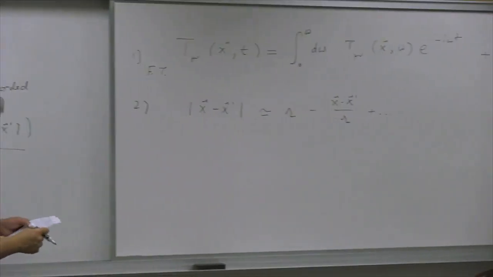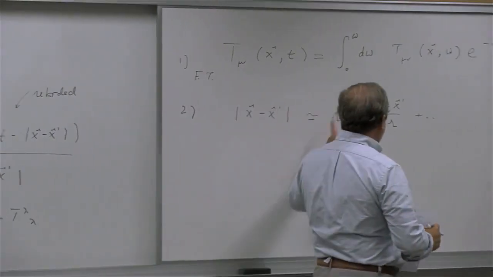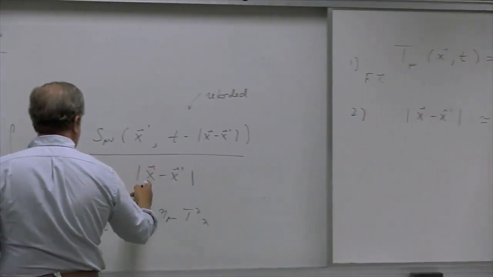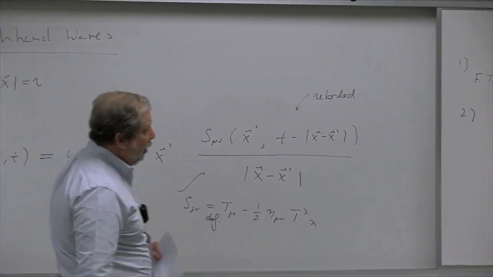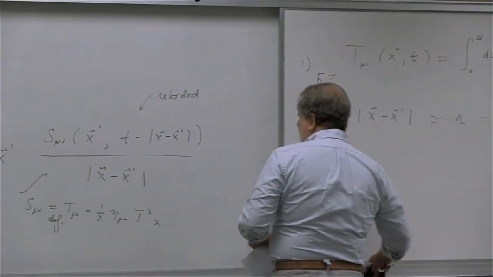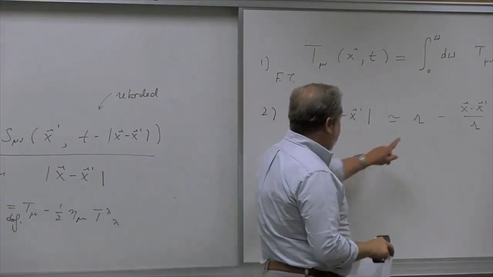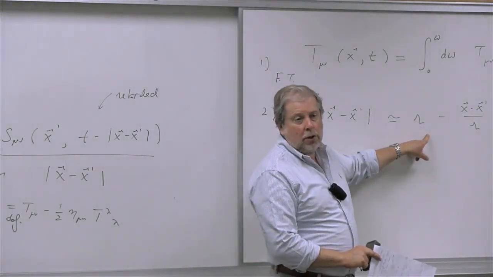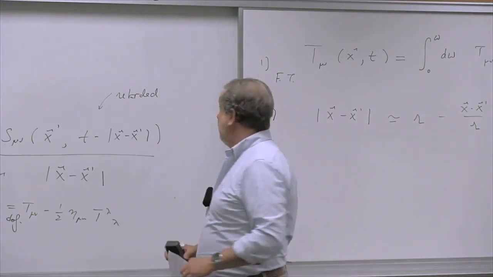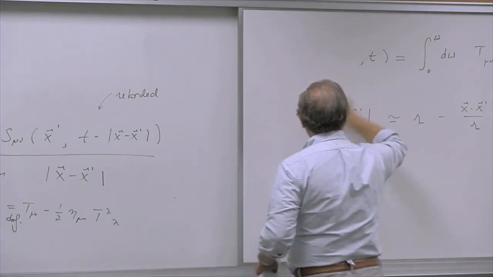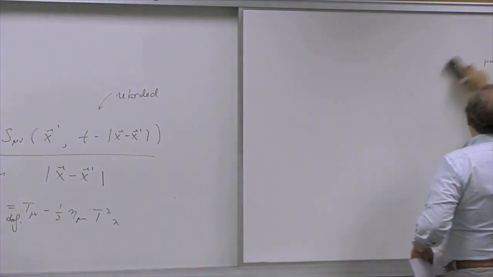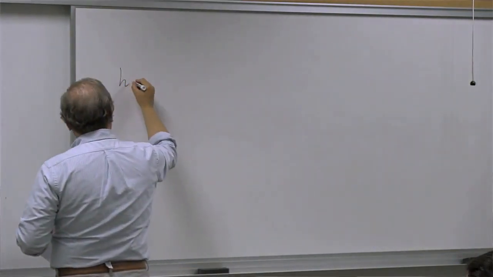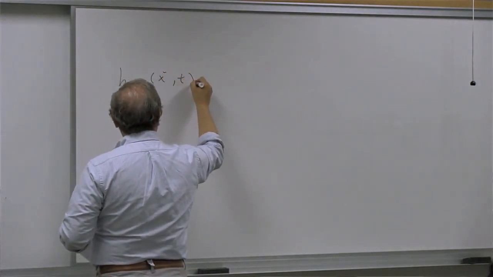Okay, again, as in electromagnetism. And so if we do that, we stick that into the |x − x'|, and again we expand because we have that object appearing in the denominator, and the leading term, of course, is just r. Which means that the leading term does not depend on x', so as a result, it can be pulled out of the integral. So let's do that. Pull that out of the integral, and so we have that h_{μν}(x,t)